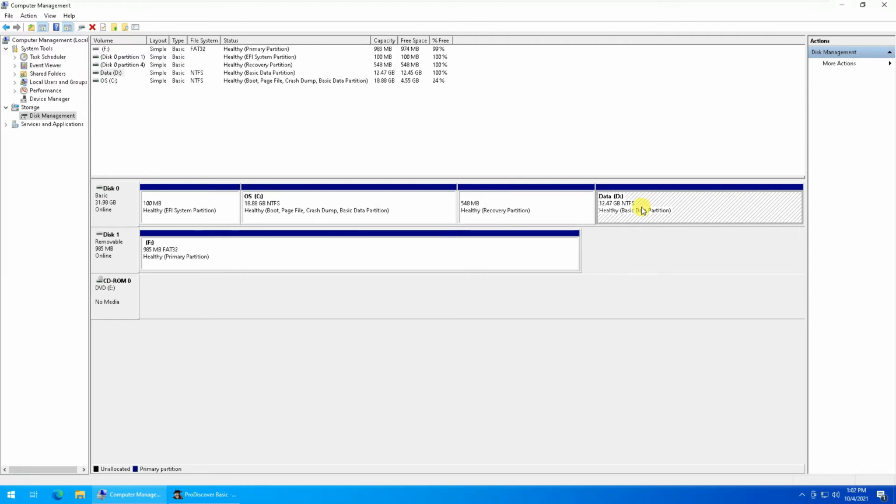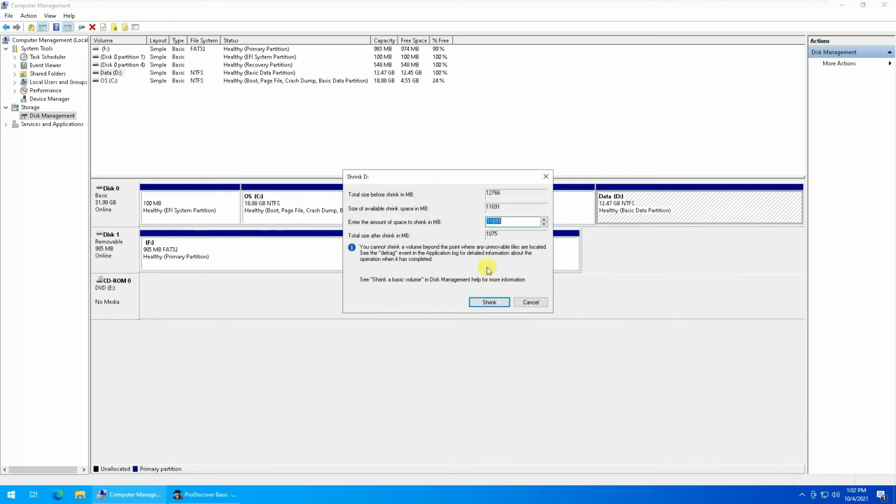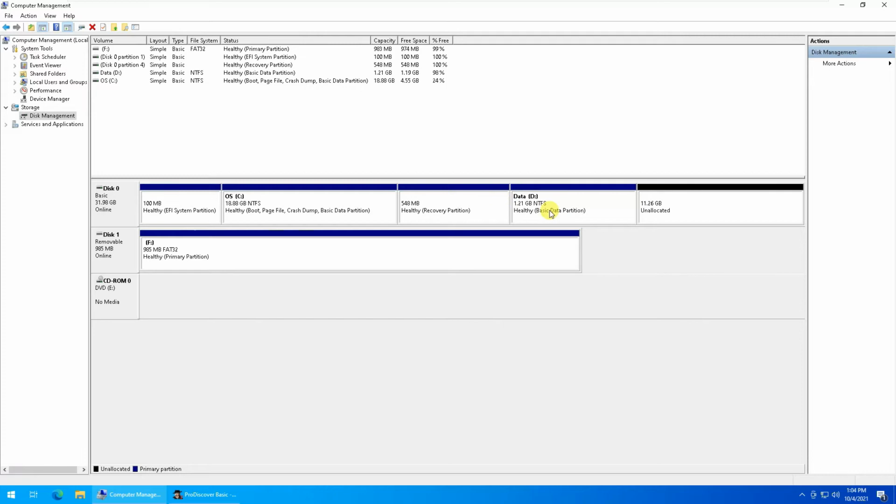Just for teaching purposes, we'll try to reduce the volume over here first. We'll shrink the volume and define it so that we have roundabout 2 GB of free storage on the drive which we want to image. Or let's try to have only 1.2 GB of storage available on the D drive. So let's shrink the volume, and as you can see now we have a D drive of 1.2 GB only. You can create an image of it if you want to.